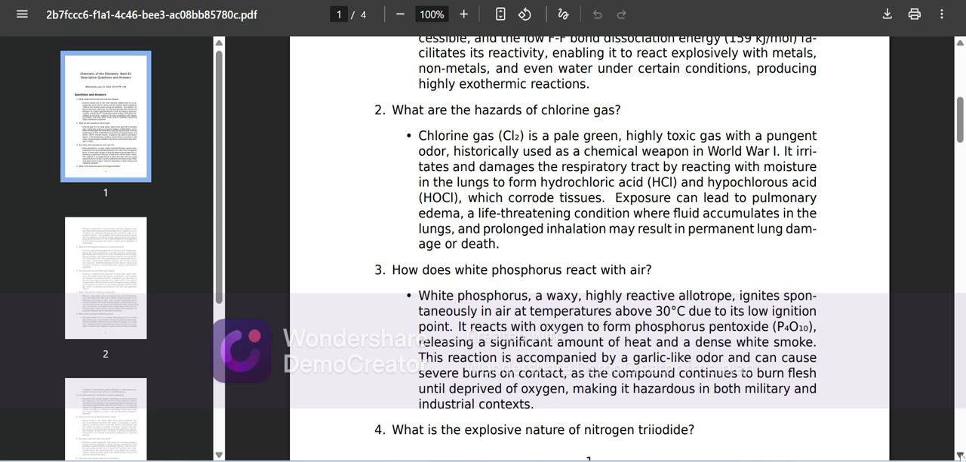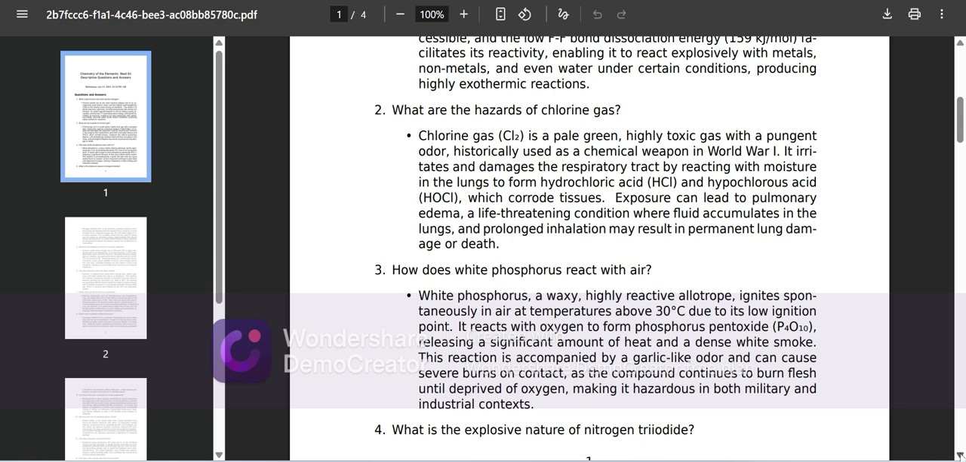What are the hazards of chlorine gas? Chlorine gas is a pale green, highly toxic gas with a pungent odor, historically used as a chemical weapon in World War One. It irritates and damages the respiratory tract by reacting with moisture in the lungs to form hydrochloric acid, HCl, and hypochlorous acid, HOCl,